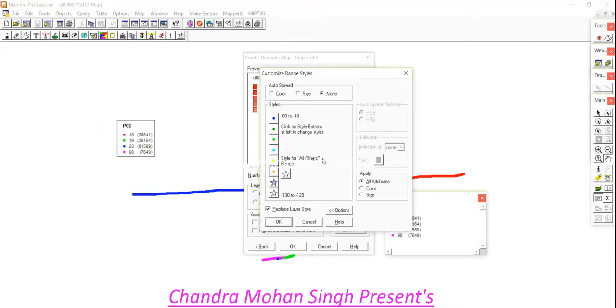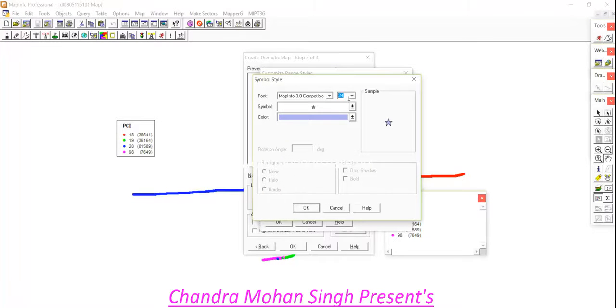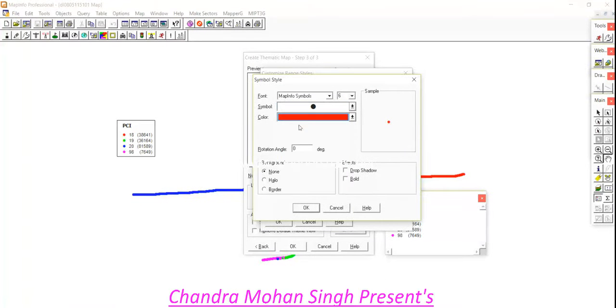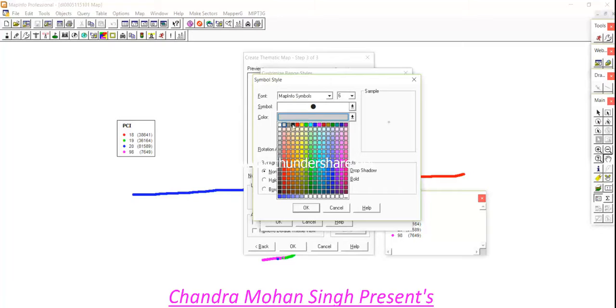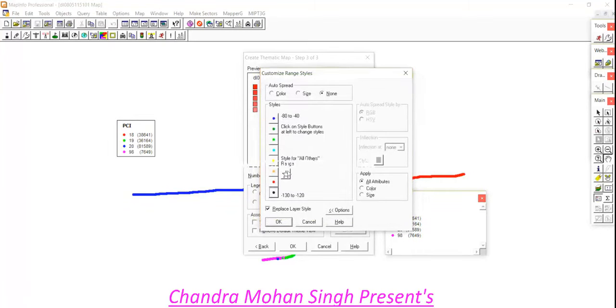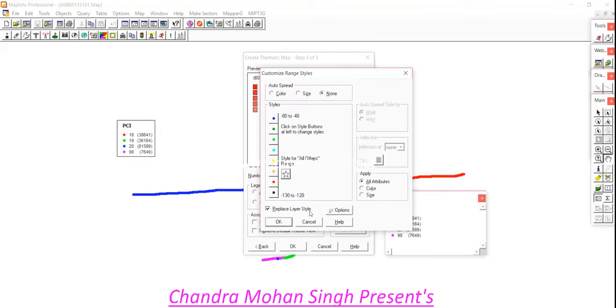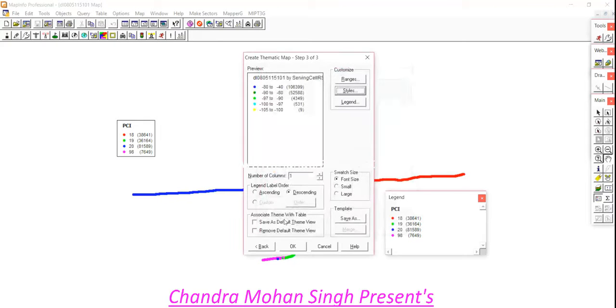After that, we go to the seventh number, font size 6, MapInfo symbol, circle, and color is red. Then we click the eighth number, font size 6, MapInfo symbol, circle, and color is black. After that, we click OK. Here is none, where we click and mention symbol none. After that, OK. After that, we click OK.